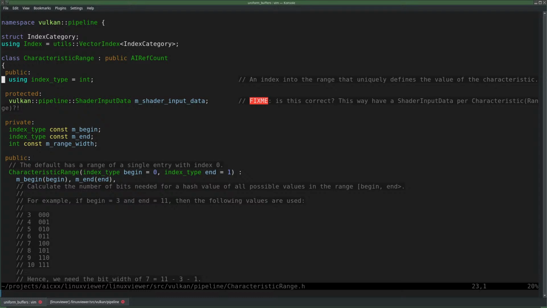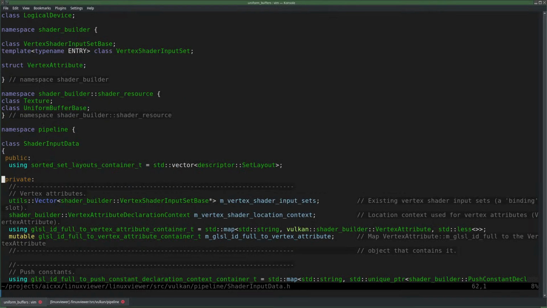So I had to add it to characteristic range, and it turns out that characteristic range currently owns the shader input data, although with a fix me. But I would rather add it to the shader input data, if possible. So each characteristic range has a shader input data object. Even more beautiful, the shader input data has